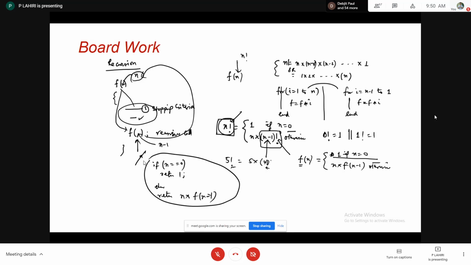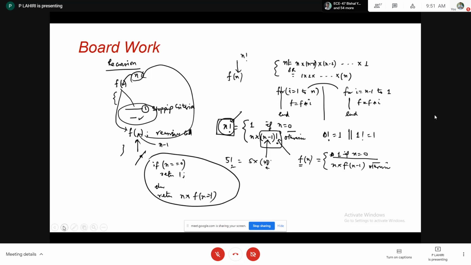Fine. Is there any doubt regarding the recapitulation of recursive functions or recursion? Any doubt, students? I think you should not have. Do you have any doubt? Anybody? Please respond. You can unmute yourself and respond whether you have any doubt or not. Otherwise, just give me a green signal so that I can proceed further. It's okay, sir. Is it okay? Yes, shall I move on, sir? Yes. Okay, thank you.